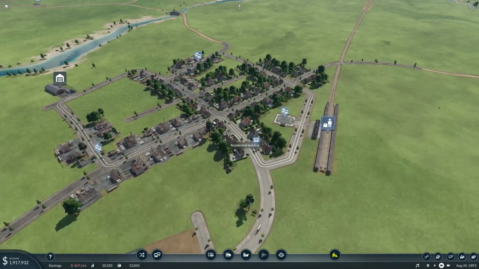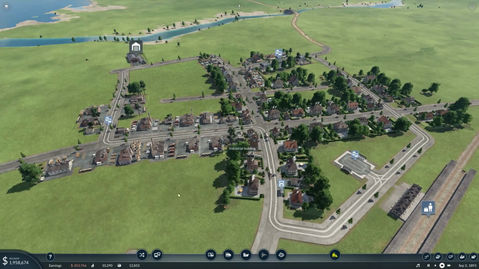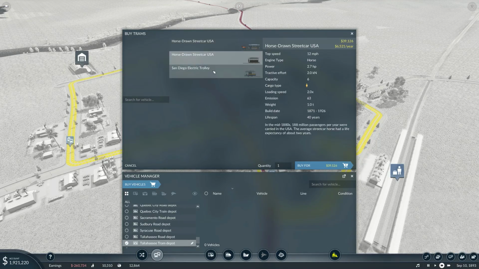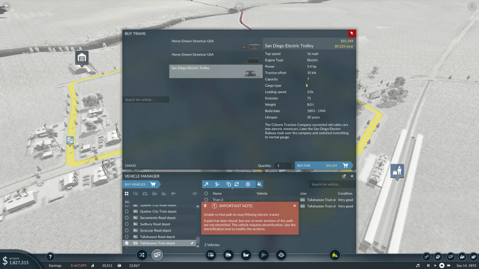There's advantages and disadvantages to both, so I'll probably talk through them in a later video. If you're interested in my logic behind them, do leave a comment down below and I'll explain in the next video. But yeah, we've got this all set up so we can get some trams going. We're just going to put 2 of these on for now, and we're going to see how that...